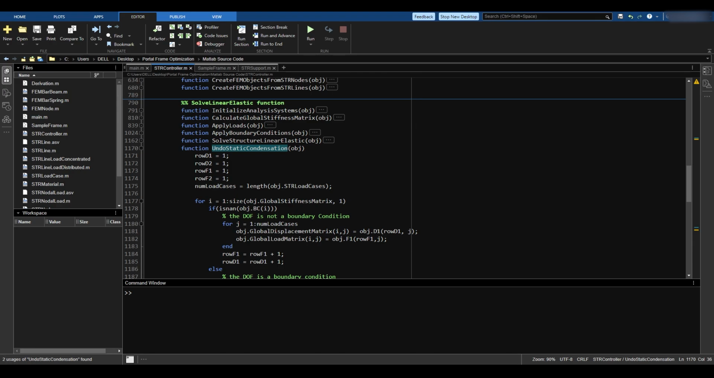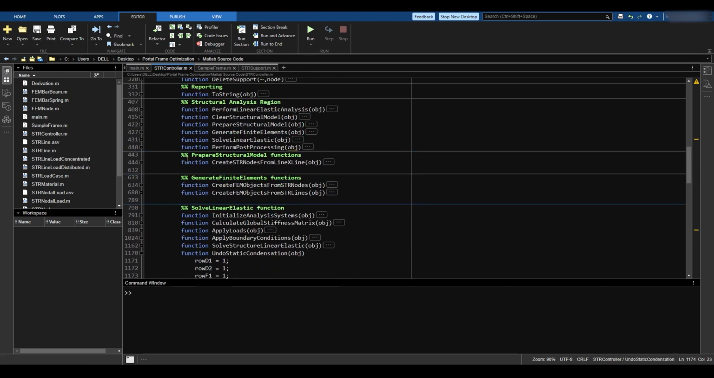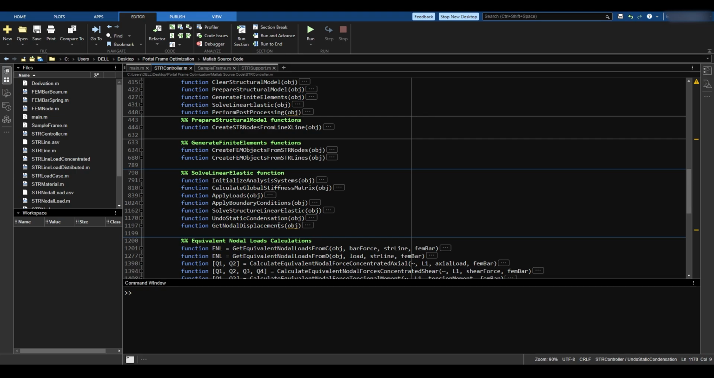Hello everyone, and welcome to this very short video in which we are going to talk about getting the nodal displacements and storing them in their corresponding nodes. This is not going to be a crazy video, it's going to be a shorter video,